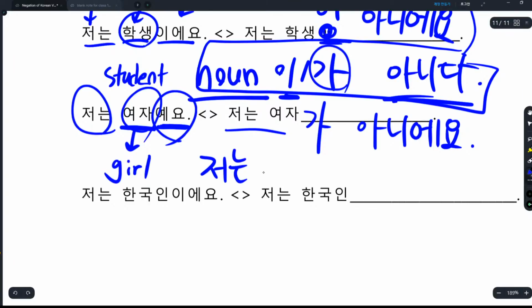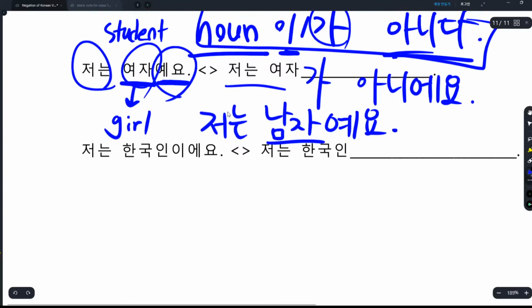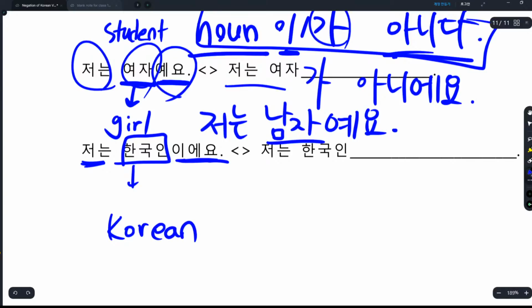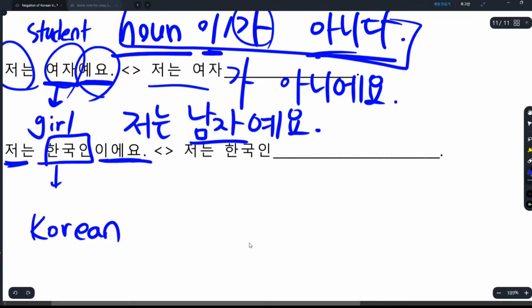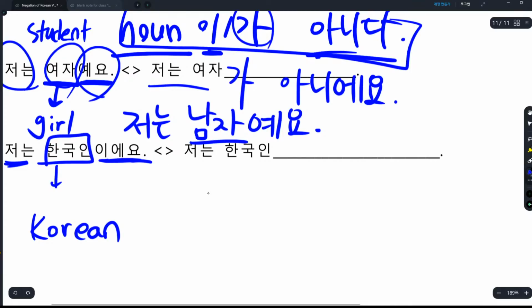저는 남자예요. I am a guy, I am a boy. 남자예요. How about 저는 한국인이에요? I am a 한국인, I am a Korean person. I am Korean. How about I am not Korean, and I am from a different country? How do you say it, guys? 저는